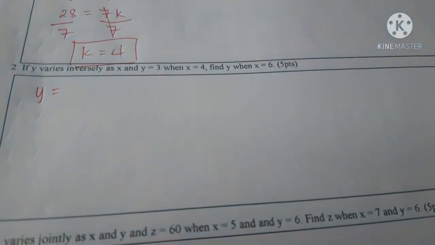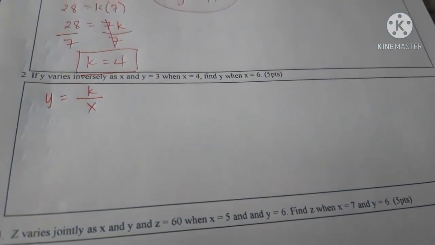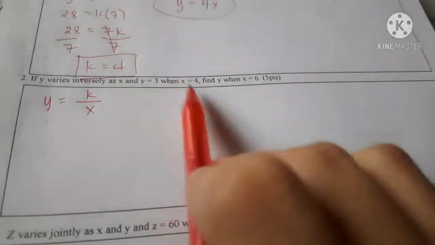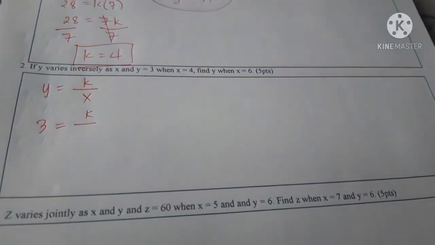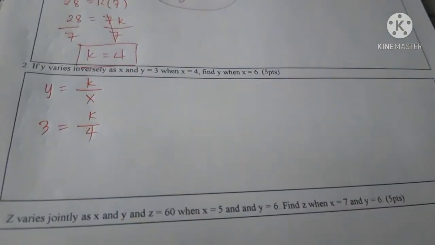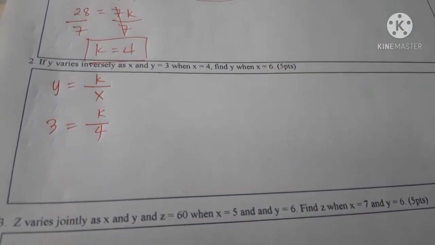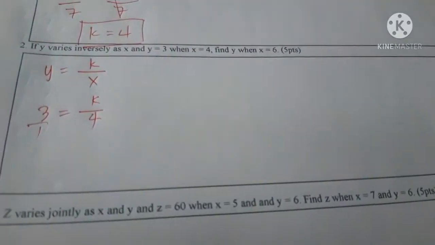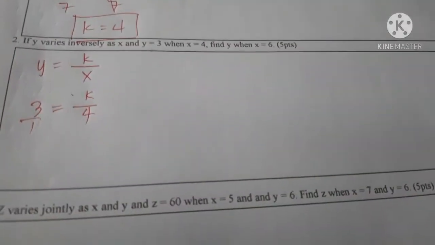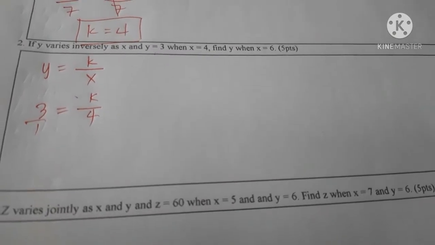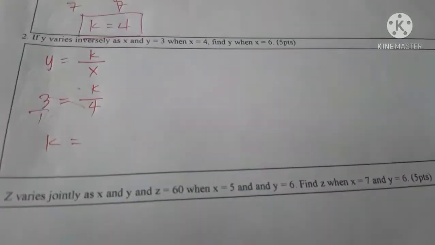Y varies inversely. So, meaning, ara si second variable x sa dalom. And substitute ang first nga given. Y ta is 3 equals k over ang x ta which is 4. Then how to solve it? Just cross multiply. So si 3 may denominator na siya nga 1. All whole numbers have a denominator of 1. Cross multiply, k times 1 is k equals 3 times 4, that is